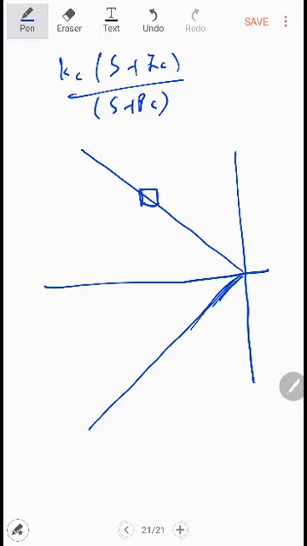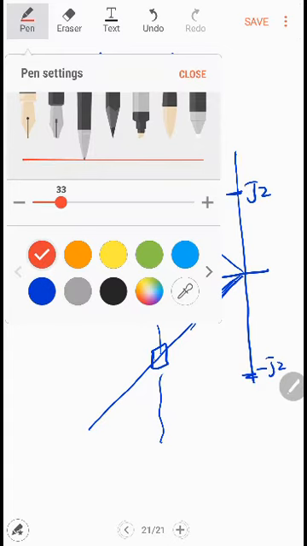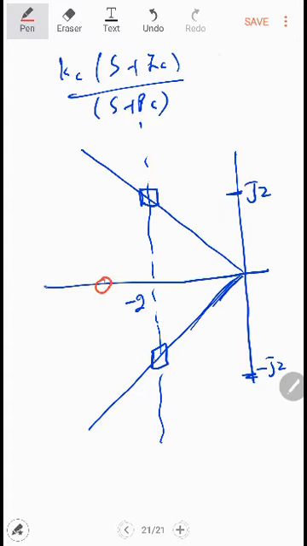So let's say this is pi, and this will happen at the first location at -2, because zeta omega n is equal to -2, and we also know that this is equal to j2 and this is equal to minus j2. Now what we are going to do is add a PD compensator. If we add the PD, this means that the zero will be near toward the imaginary axis. So let's say that we add this and this one.